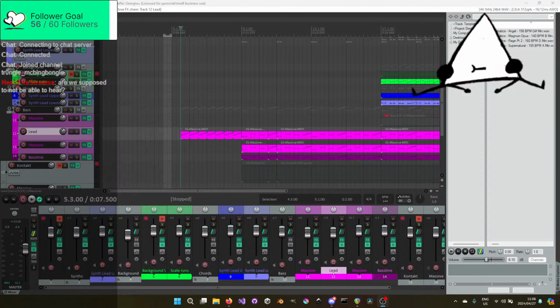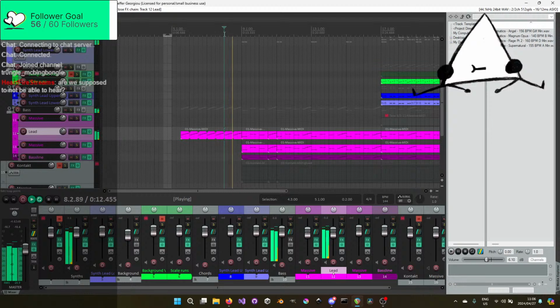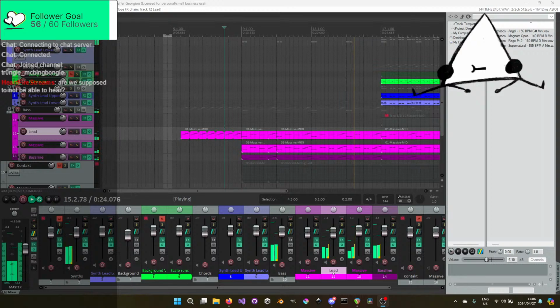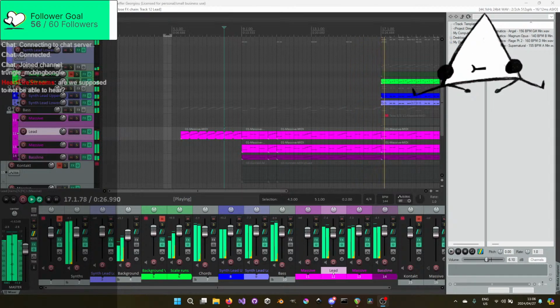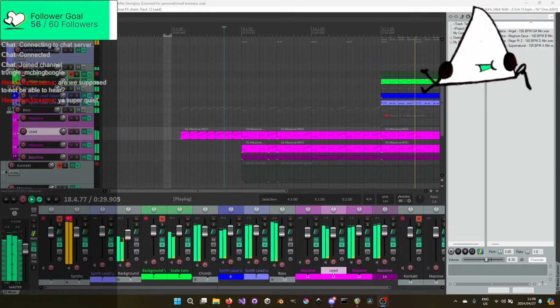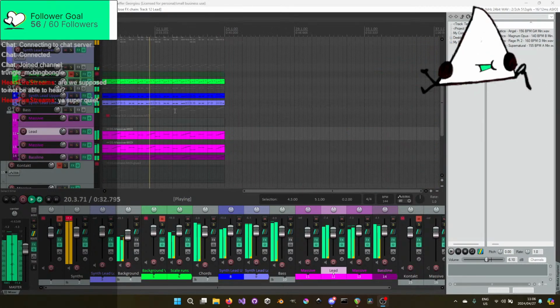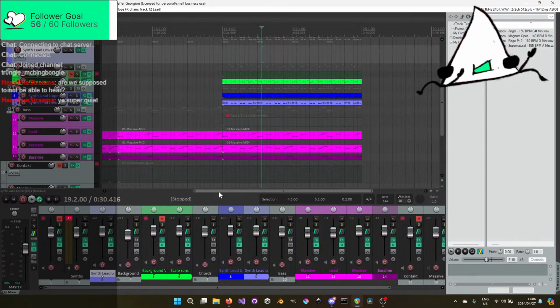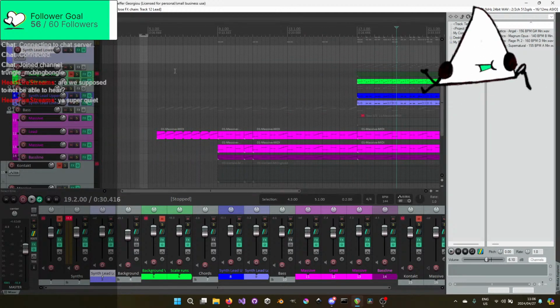Oh, be able to hear? Is it a bit too soft? It might just be very quiet. Can you hear it now? I did make it a bit softer earlier as I was blending everything in, so I'm guessing it might have just made it a bit too soft. Should be better now. It's popping up a bit more on the mixing on OBS now. I don't want it to overpower everything. Thank you very much. I appreciate you pointing that out.